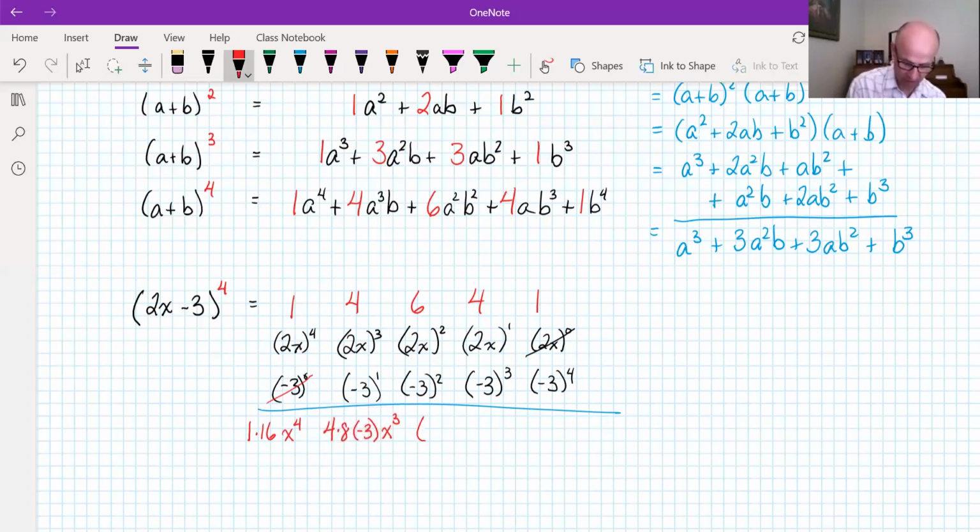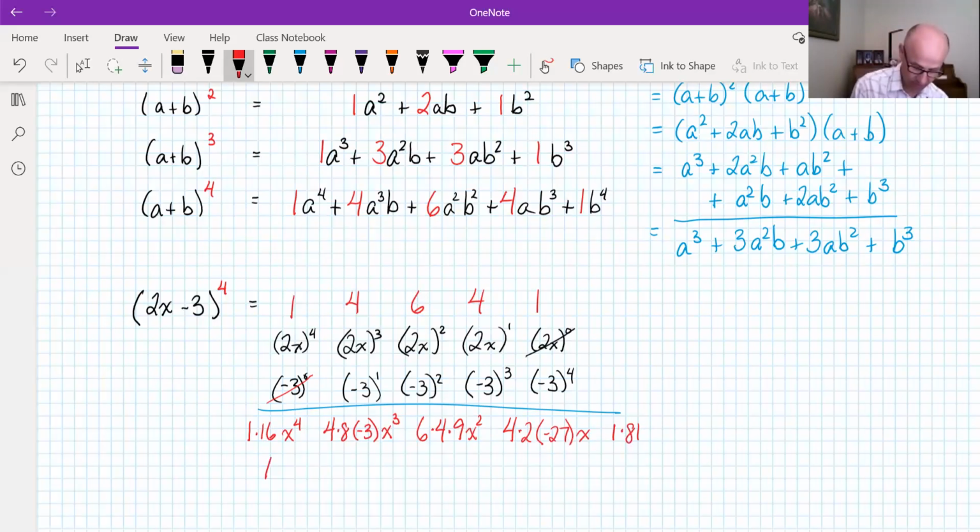My next column, I've got a 6. I've got a 2 squared is 4. I've got a negative 3 squared is 9. And I've got an x squared. My next column, I've got a 4. 2 to the power of 1 is 2. A negative 3 cubed is a negative 27. x. And then in my final column, I've got a 1 and a negative 3 to the power of 4, which is an 81,